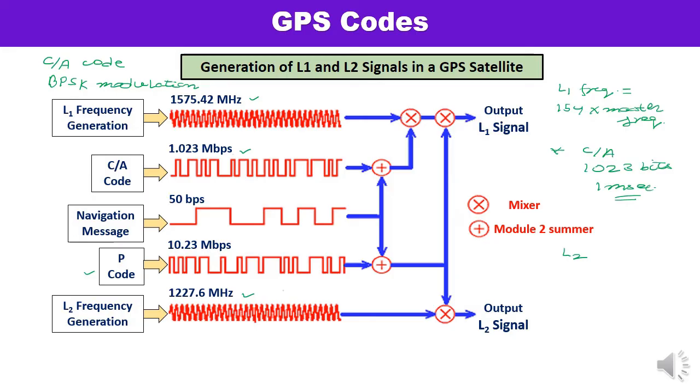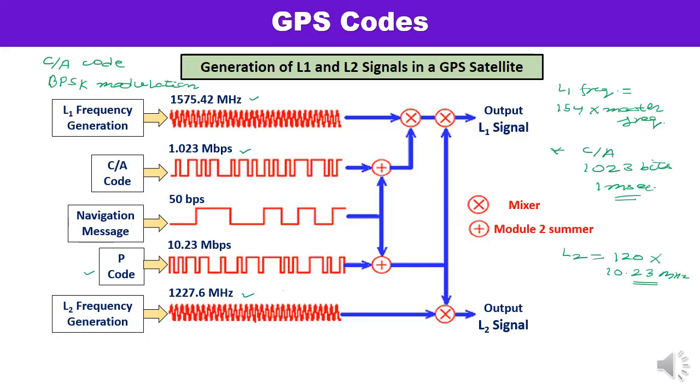So L2 comes out as 1227.6, and it is also transmitted with BPSK modulation on the L1 carrier frequency in phase quadrature with the